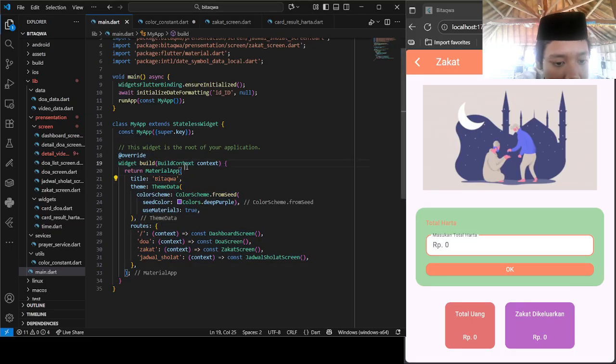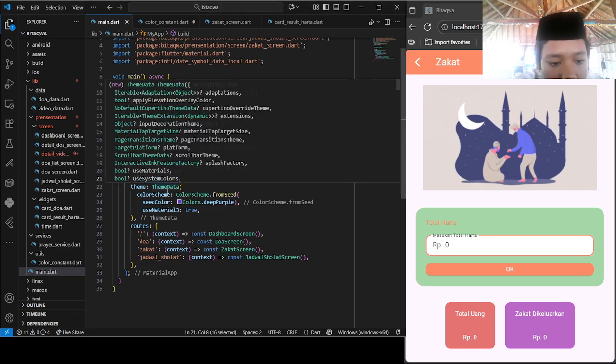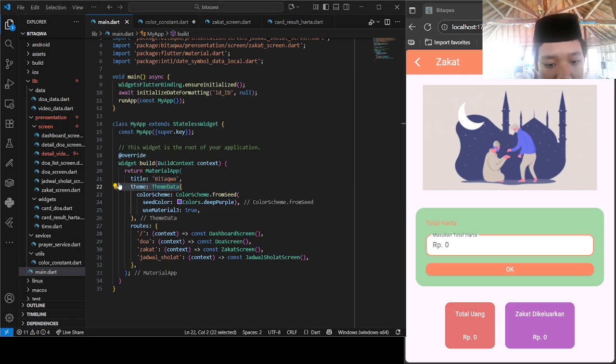And then this returns MaterialApp, which is, you can say, the wrapper. And then there's the title. This is the title of the application. Usually it is shown in the task manager of the handphone. And then the theme. This is setting up the theme of the application.